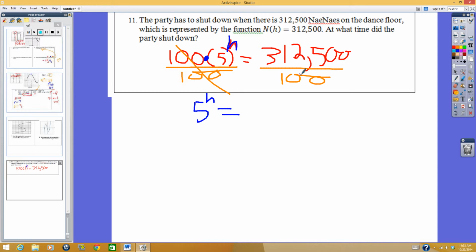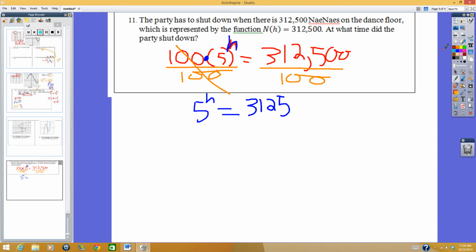Okay? Bam! If you also remember the trick with the zeros, you could just cancel those out. Alright, so this 312,500 divided by 100 gives you